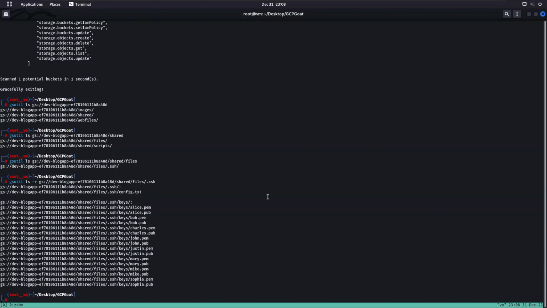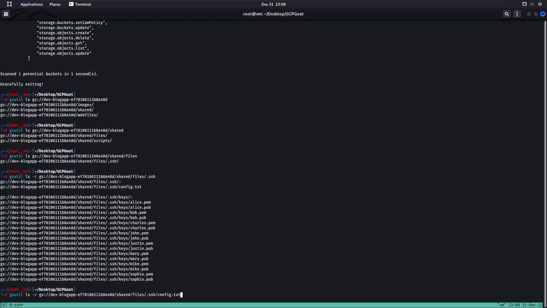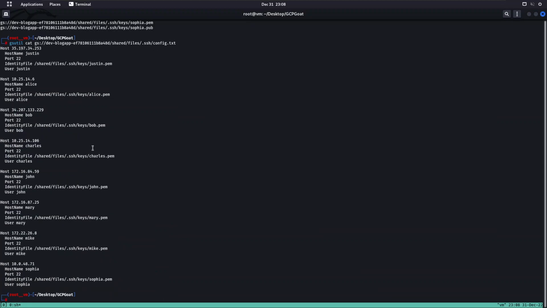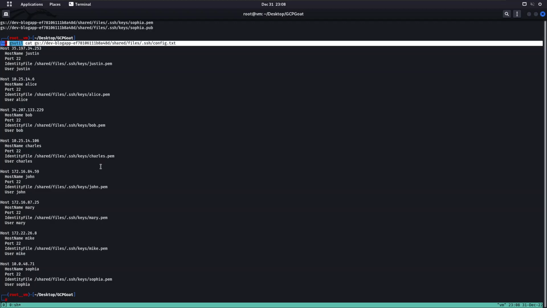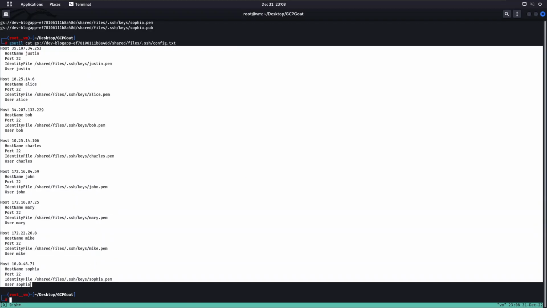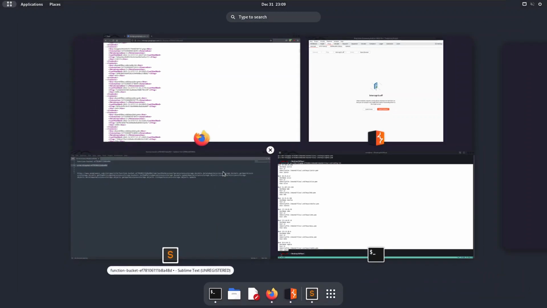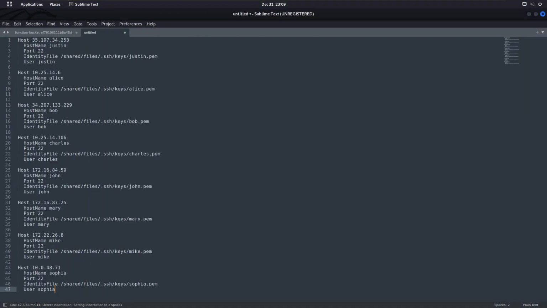For reading, we just need to modify ls to cat. So these are the contents of config.txt. Copy,